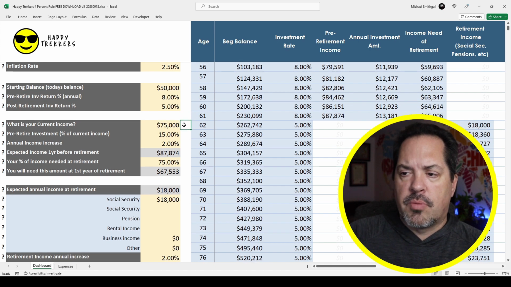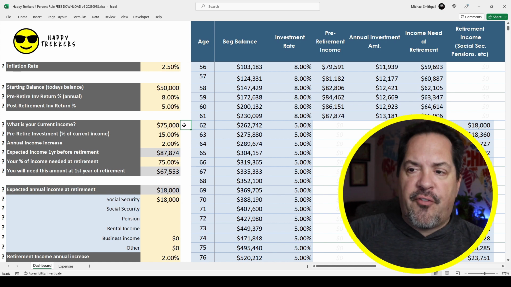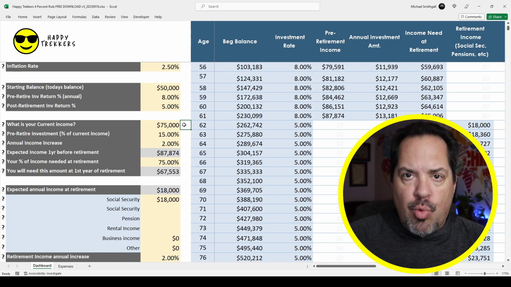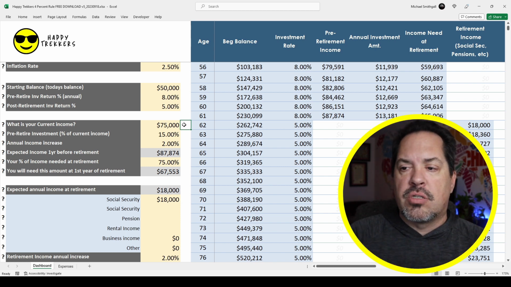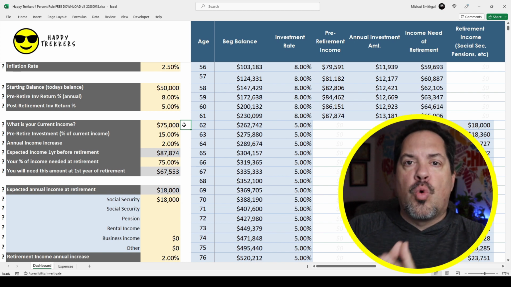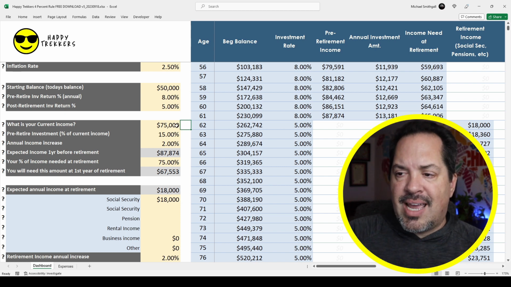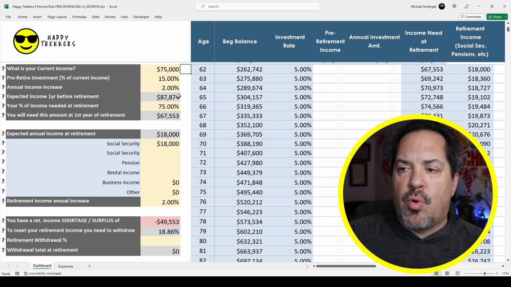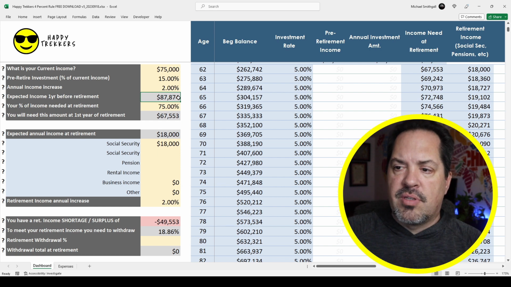All right, so here's the first little piece of sort of tricky information to think about. We're talking about this person being 53 years old today. Today, they make 75 grand. Now, obviously, you're going to get a raise. You're going to get various raises, maybe a promotion between now and 62, the next 9 years. So the 75 grand you make today is going to go up, so that the last year of your working life it's going to be a higher number, presumably, and in most cases it will be. The reason I say that is you're saying 75 grand today, but your last year of working, that 75 grand will then be 87,000, okay? So that's why that number is there.